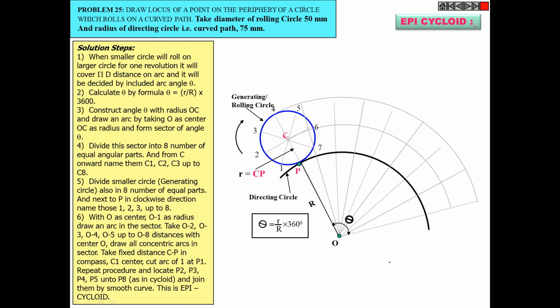So this is center point C1. Let us mark those points. Okay, let me do all these things later on. Let us mark those points C1, C2, C3, C4, C5, C6, C7, C8. Fine. So next step is, now see,